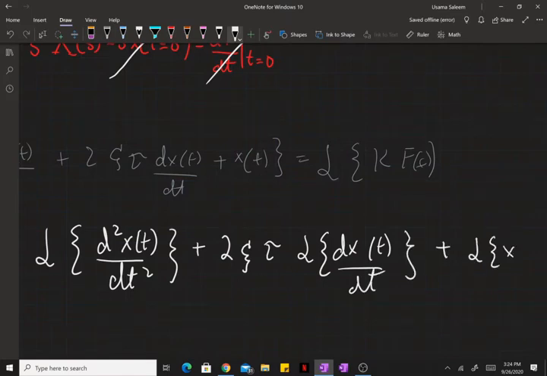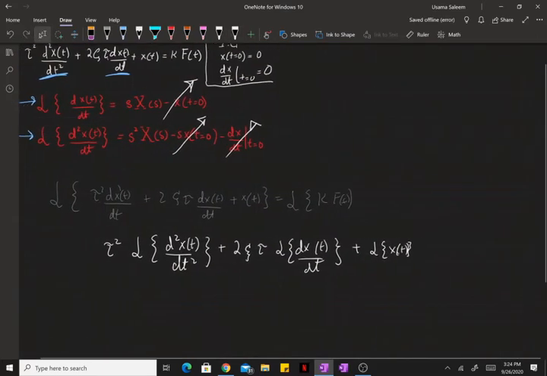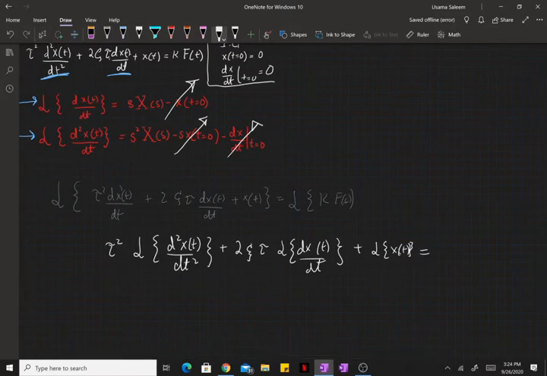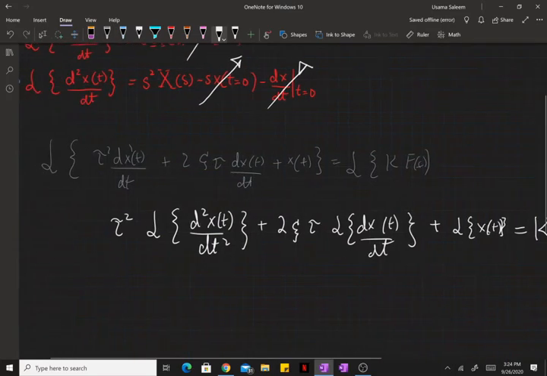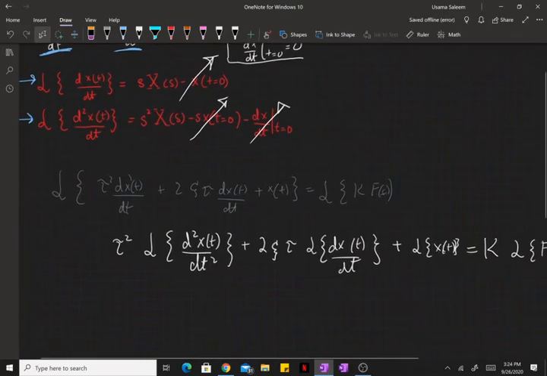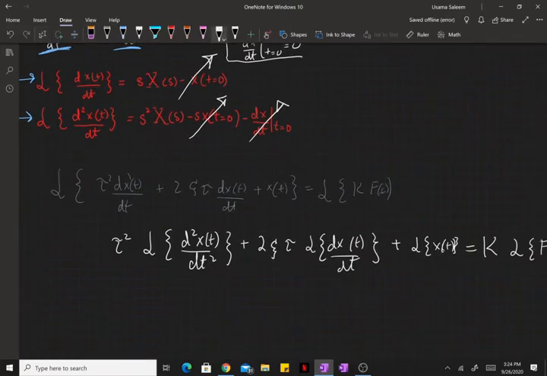Laplace transform of x, and k, the gain of the process, is also constant, so that also drops out of the operator. Alright, so using the relations